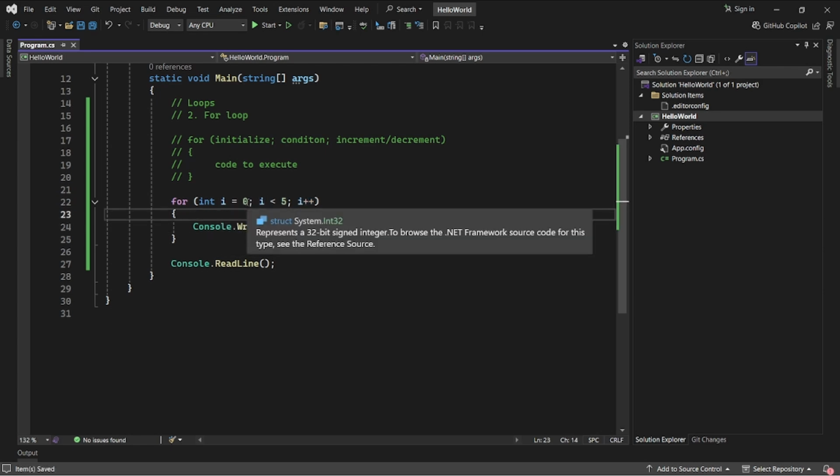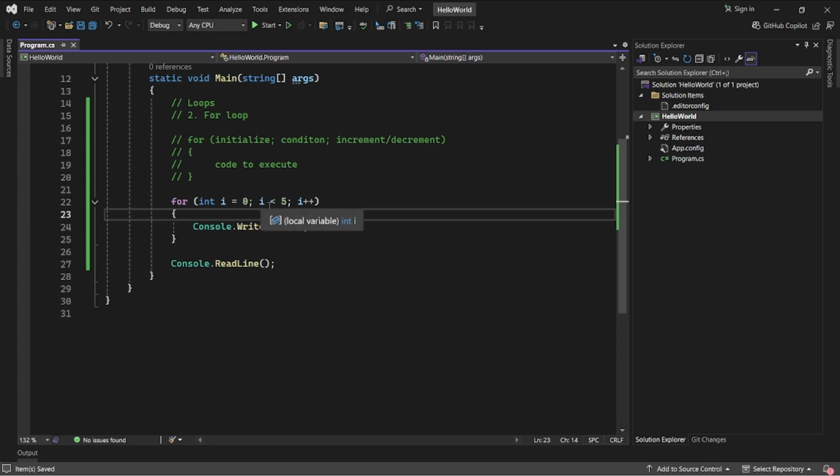The value of the variable is now 0, and it checks whether 0 is less than 5, and then it runs this code, and then it increases the variable value by 1, which means now the value is 1. So again it checks that 1 is less than 5. As it's true, it runs this code, and again it increments by 1, and now the value is 2. As 2 is less than 5, it runs this code again, and again it increments its